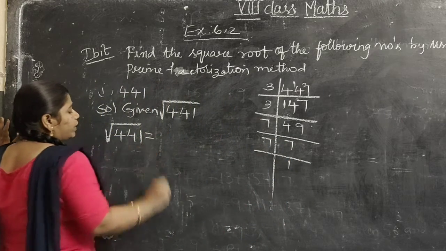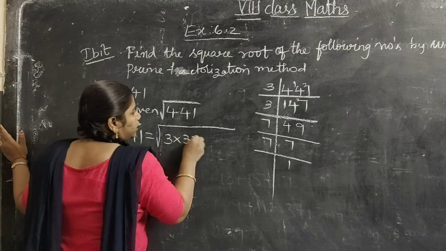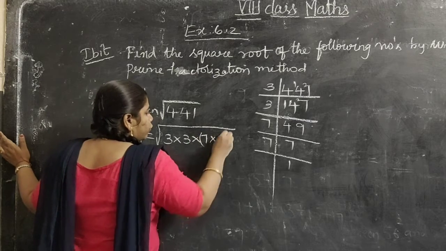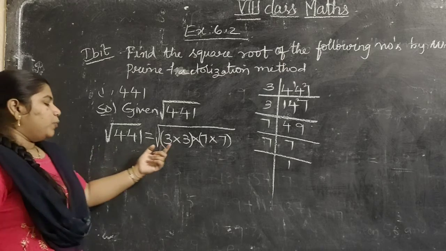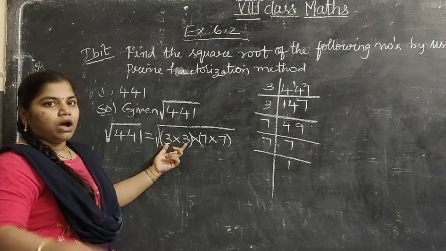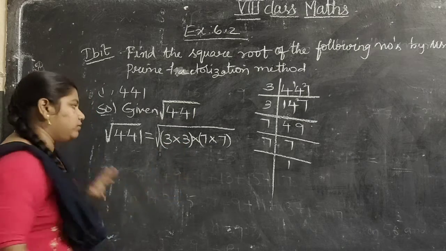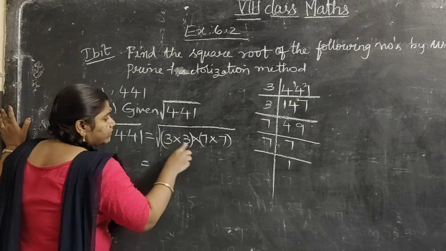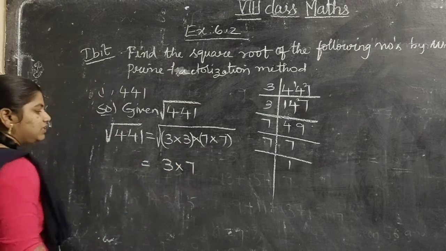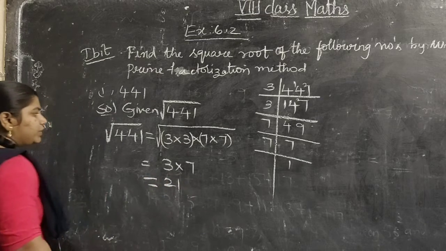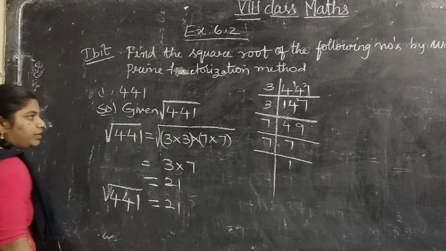So we can write the square root of 441 as square root of 3 into 3 into 7 into 7. So what I told you about square root, how to find the square root? Perfect square means product of two equal factors. For this product of two equal factors, you will take only one equal factor. From these two numbers, only one number, from these two numbers, only one number. That is 3 7s are 21. So what is the square root of 441 here? It is equal to 21.